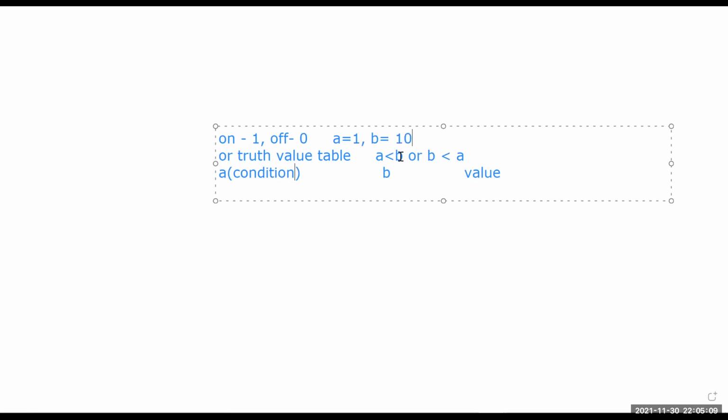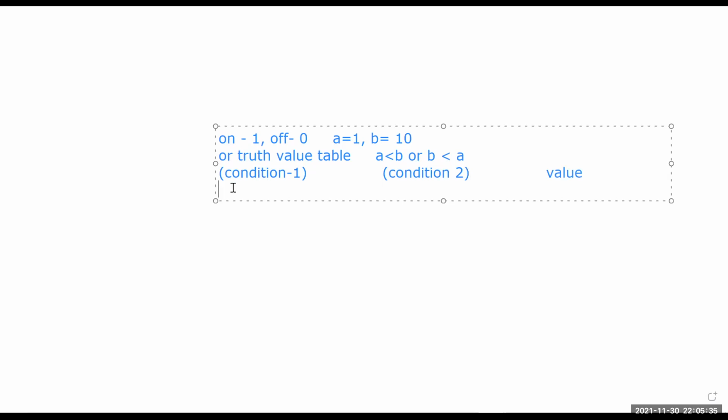So what is the condition that is true here? A less than B is true, right? Now A represents condition 1 and this represents condition 2. Now let's fill the truth value table.